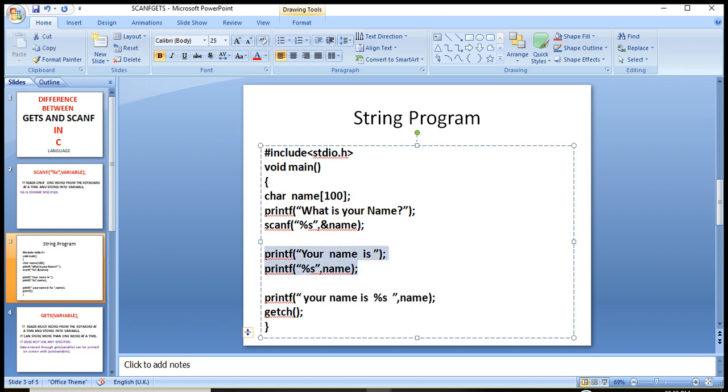In these two lines, we are printing two things, one message and the data of the variable, using two statements. We can also get the same output using a single line. Here, first give the message, %s, double quote close, comma, variable name.